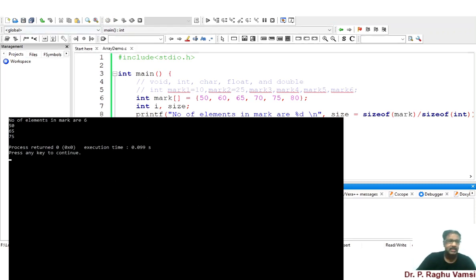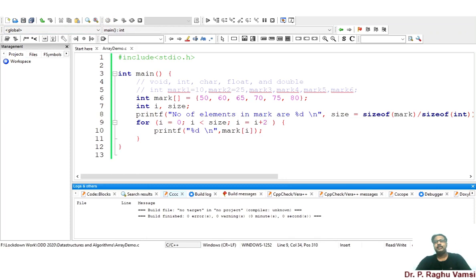Obviously, we got these elements 50, 65, and 75. So that is the reason i is equal to i plus 2. This means the index will be incremented by 2. Like that, if you place i plus 3, then the index will be incremented by 3. So this is the way you can increment the value and print.